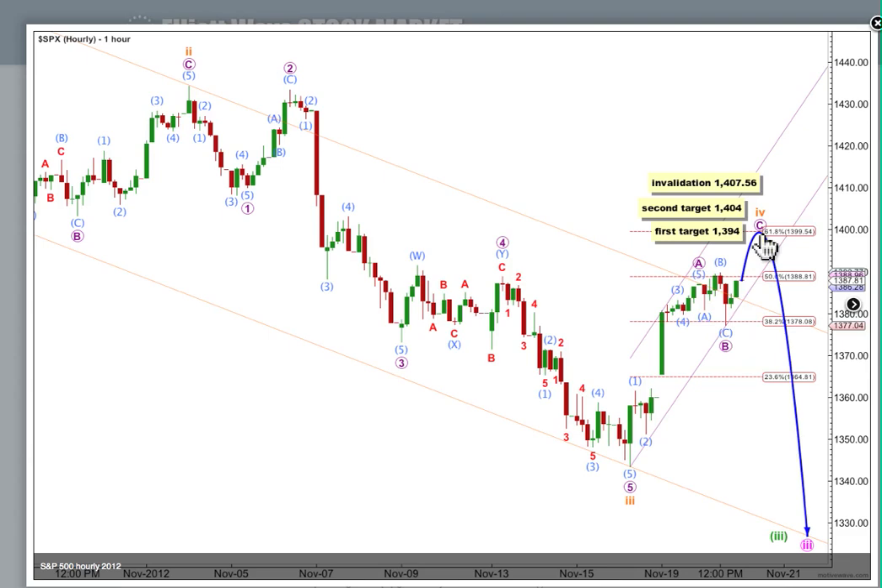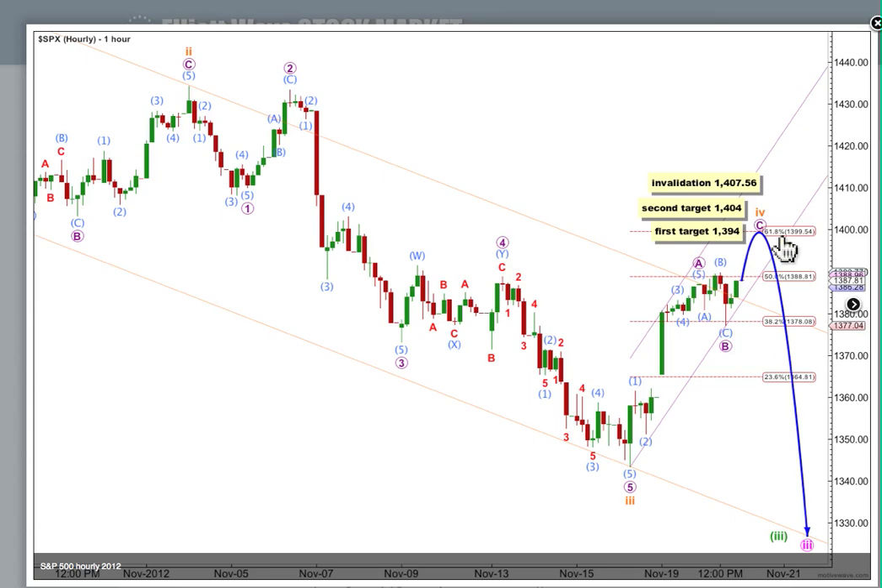wave C purple. If wave B purple has ended here, then at 1394, wave C purple will reach 0.382 the length of wave A purple, and that'll bring price just a few points short of the 0.618 Fibonacci ratio, but it will still be a relatively deep correction in that it will be over 50%. If price keeps on going up through the first target, then use the second target. At 1404, wave C purple would reach 0.618 the length of wave A purple, and that would take price above